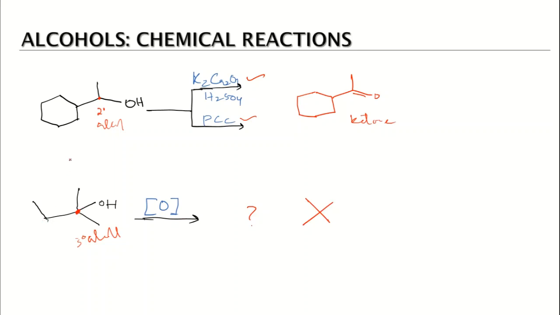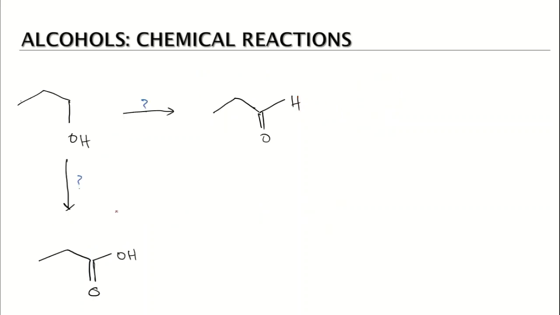So, primary, secondary, and tertiary. Primary alcohols, if we oxidize them with strong oxidizing agents, will be converted to carboxylic acids. And if we oxidize them with weak oxidizing agents, they will be converted into the aldehyde. And if we talk about 2-degree, then the case is different. In both cases we'll be getting the ketone as a product, and the tertiary alcohols are not oxidized.